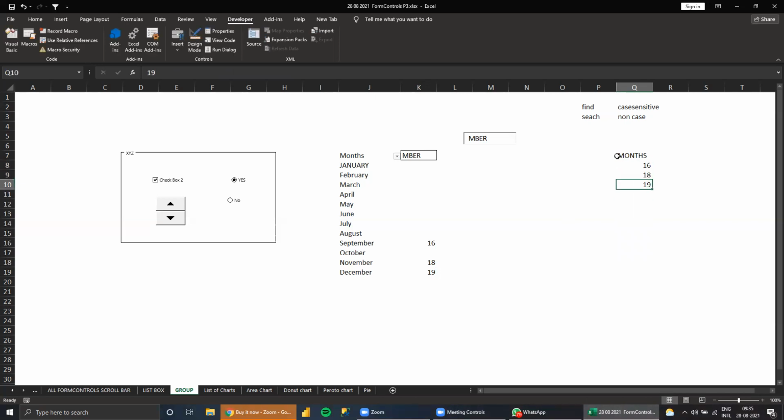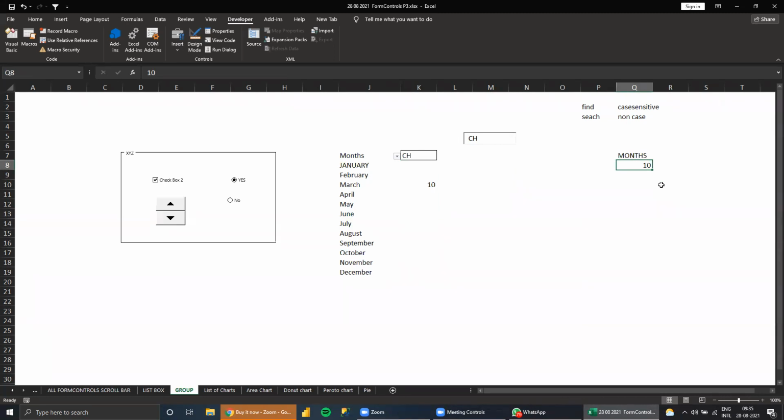Like this I need to get them here. Suppose I type March, then I need to get only that 10 here, otherwise I don't want it. So which formula can we use to get this list of numbers here?